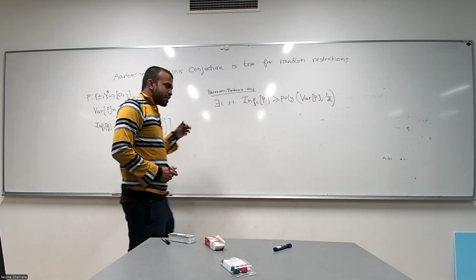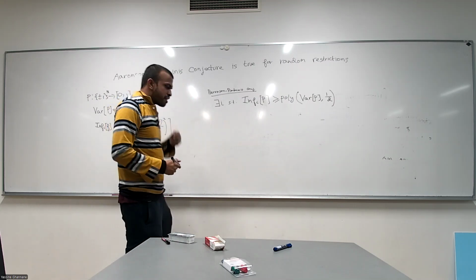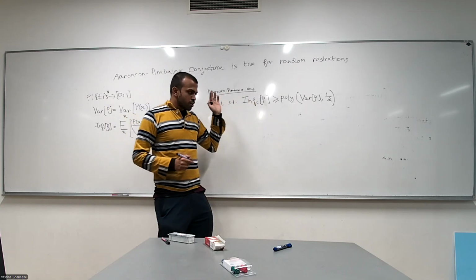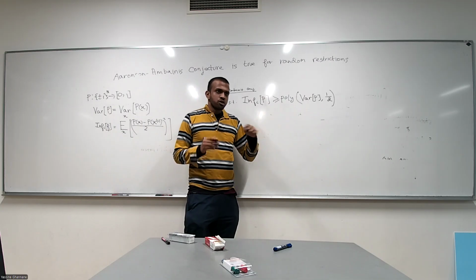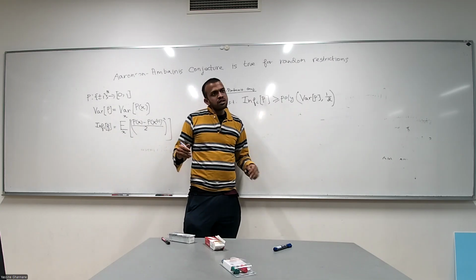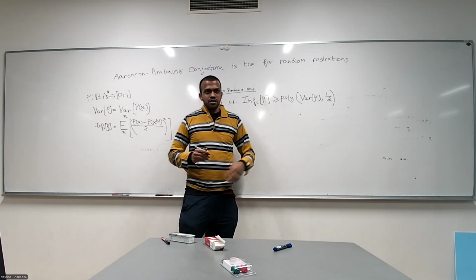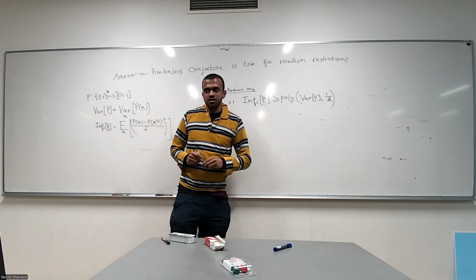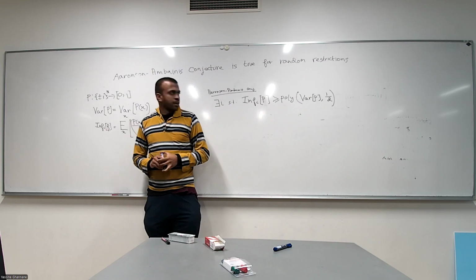And the query algorithm then, at each point of time, as long as the variance of the polynomial is high, locates an influential coordinate whose influence is at least this much, queries it, moves down, and does the same thing until the total variance has gone down. D is the degree.